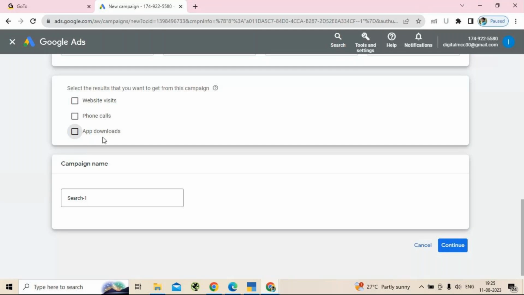In case you don't want to use any of these options, you can skip also. It is not mandatory that you have to click on any one thing and enter it. No, it is up to your requirement. Okay, so the next thing is the campaign name. So let me give it, for example, August sale campaign. So this is the name I'm going to use for my campaign or the ad. Click on continue.